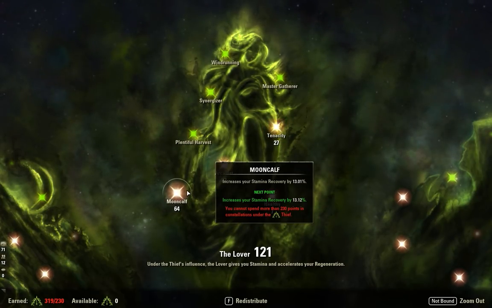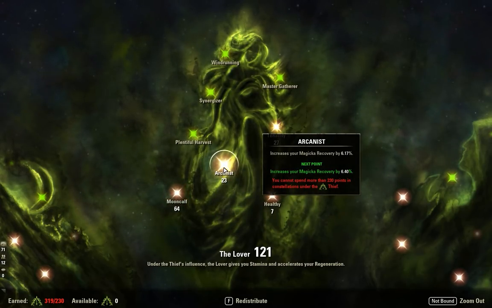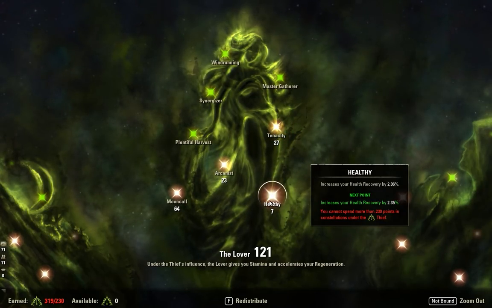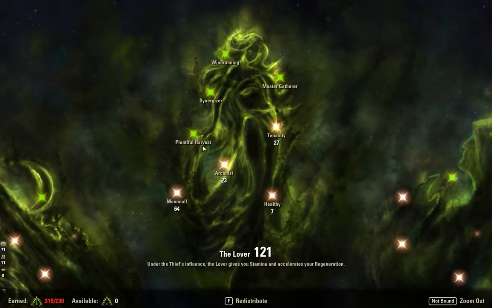So we've got a stark focus on Mooncalf, of course, as we are a stamina-based build. 23 Arcanist, because we don't want to neglect our Magicka recovery either. And Tenacity, of course, because we are going to be using quite a few heavy attacks on this build, due to the fact that they're going to deal quite a lot of damage as well. And then 7 in Healthy, just for a little bit of health recovery also, just to kind of balance the